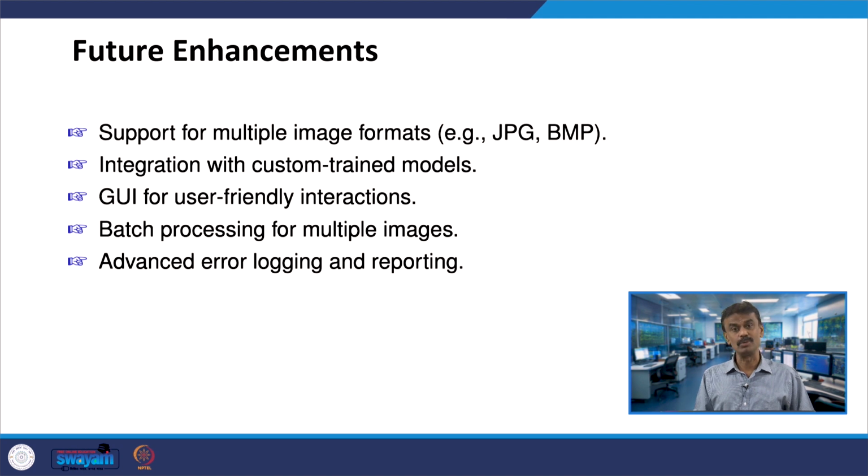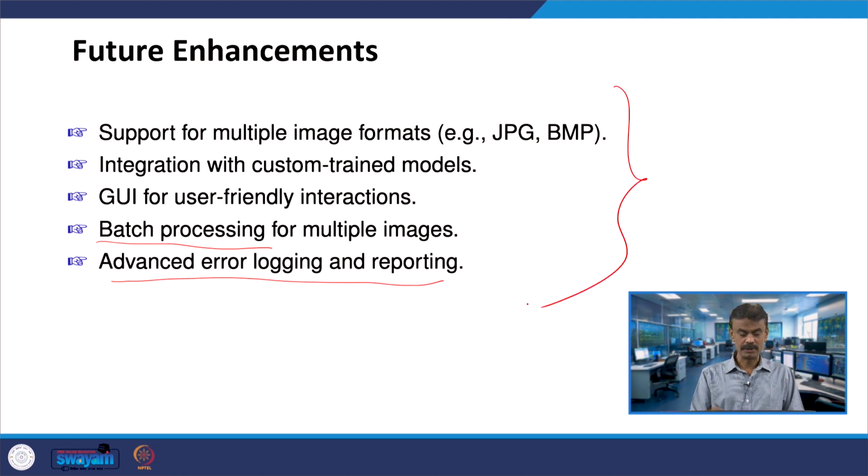You can try the graphical user interface, and there is a concept called batch processing, so we can handle multiple images, and also advanced error logging and reporting. These are all the future enhancements if you are interested in this particular area.